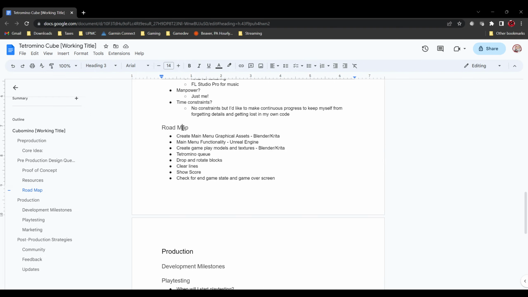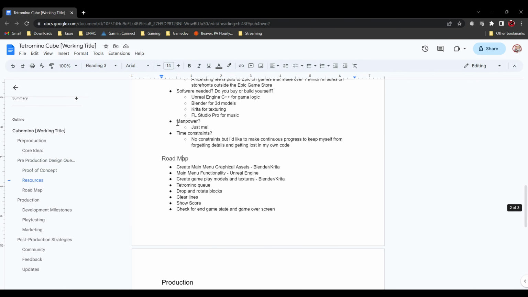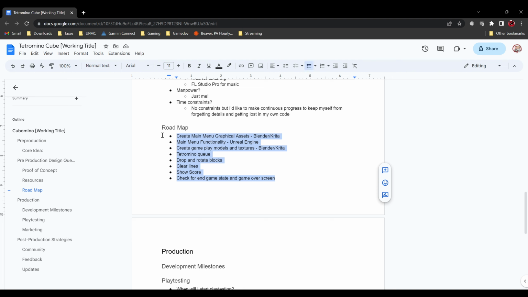I put this in the pre-production section just because it's going to be a general overview. Now, later when I get into production, I am going to bust out these tasks in all of these categories into their own tasks. And these are what I'm going to be doing in my sprints and what I'll be going over. On Fridays, I plan on doing play tests to show off what I had done, and do a sort of post-mortem on the sprint. What did I do well? What went not so well? All that kind of stuff. But this is the roadmap.